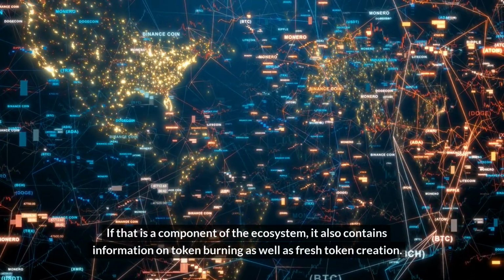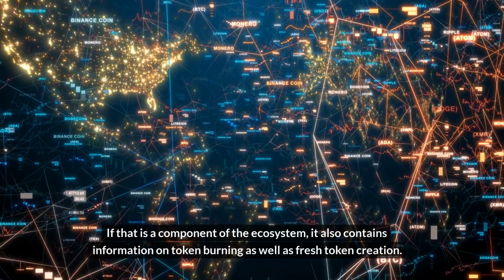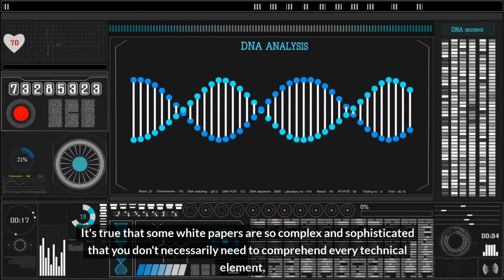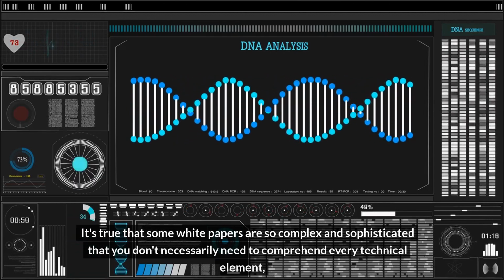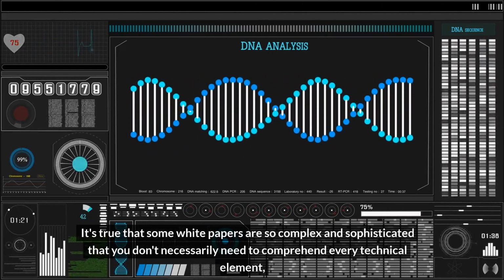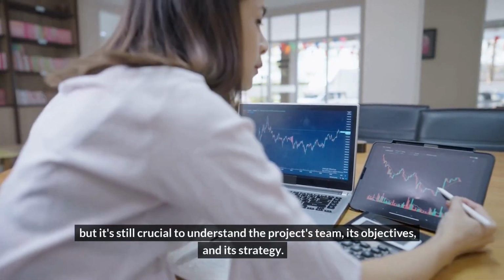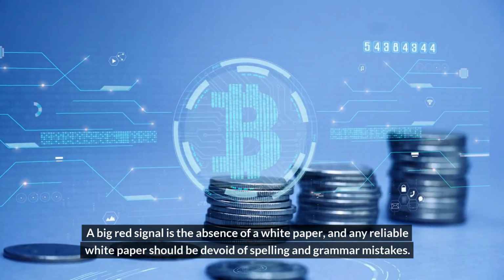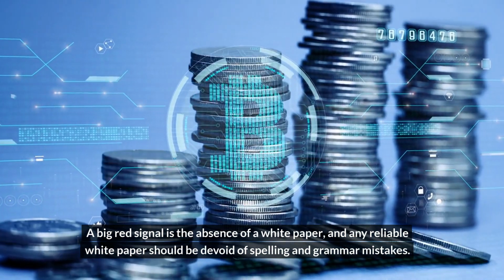If that is a component of the ecosystem, it also contains information on token burning as well as fresh token creation. It's true that some white papers are so complex and sophisticated that you don't necessarily need to comprehend every technical element, but it's still crucial to understand the project's theme, its objectives, and its strategy. A big red signal is the absence of a white paper, and any reliable white paper should be devoid of